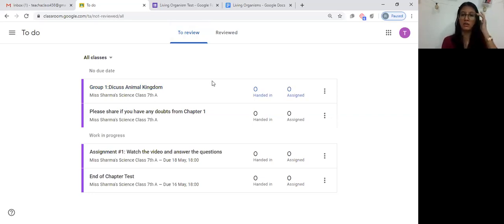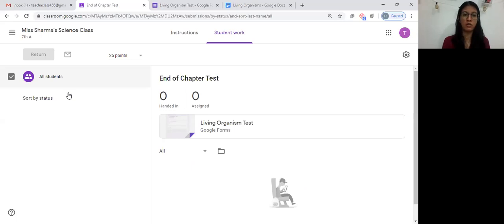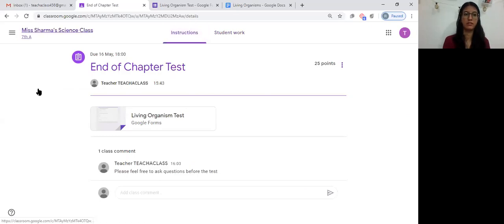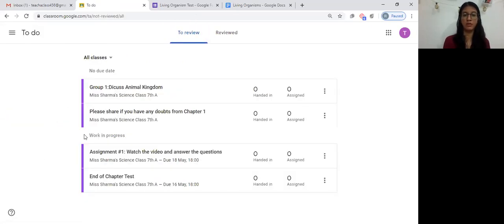Now it is very interesting. Over here you will see the assignments and how many students each is assigned to. So 10 students have been assigned this assignment and 3 students have submitted it in time. Then I can simply go over to who has handed in, and all of the assignments are going to appear here. I'm simply going to grade it and send feedback to each student. So here is where I'm going to keep looking at my to-do to see who has submitted assignments, and if there is any assignment that is pending from my side to review as a teacher.